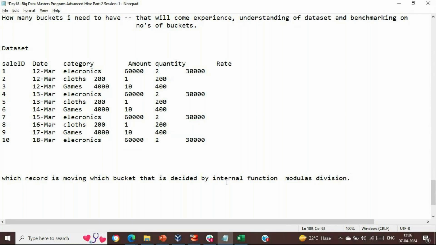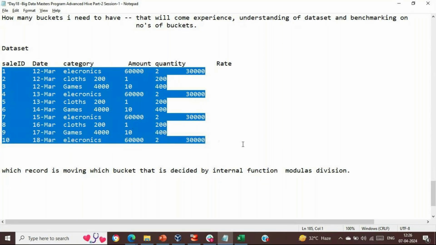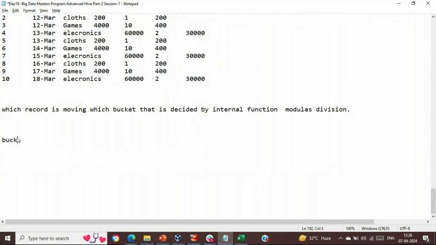Modulus division is the simple function working internally to move records into a particular bucket. Say the number of buckets is 2. Then the record's sales id is divided by 2 using modulus division, where 2 is the number of buckets. What is the remainder? The remainder is 1, right? If it is 1, then it will move